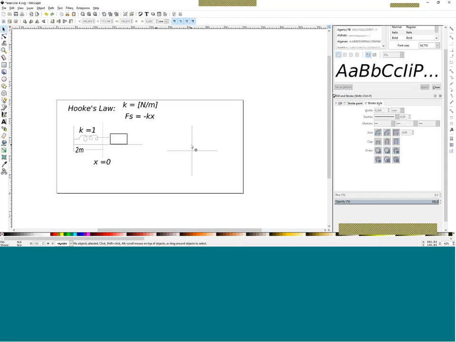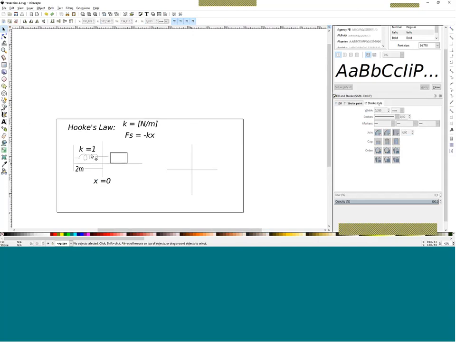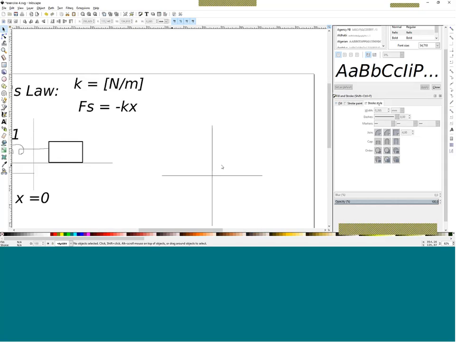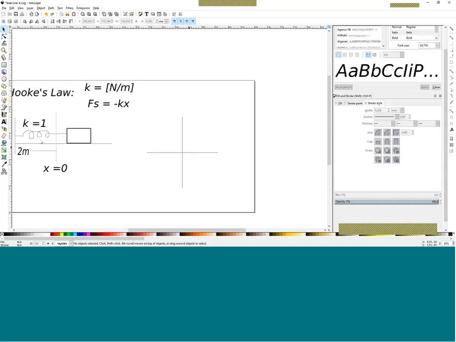So you said if I move it, Fs is negative. Oh yeah, by the way, I think I made a mistake. If I move it to the right, x is positive and Fs is negative. So one thing that you guys need to correct from your previous calculations is just the negative sign. But really, at the end of the day, it depends on what frame of reference we're taking.